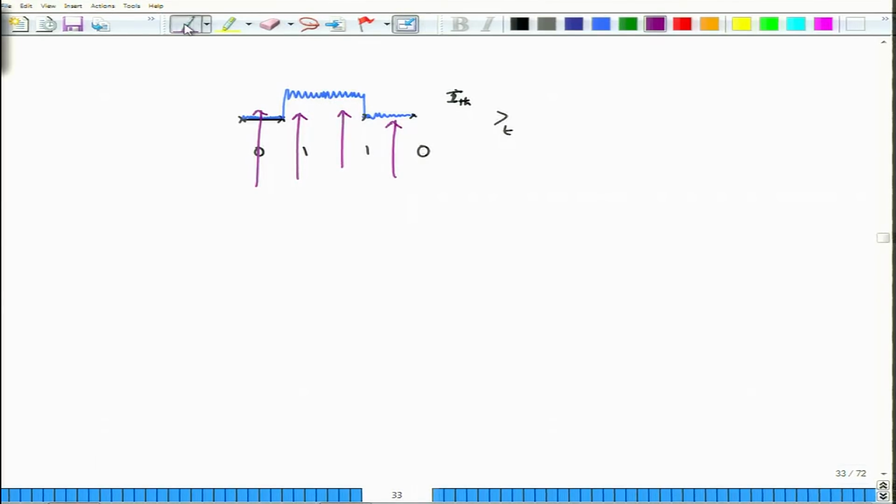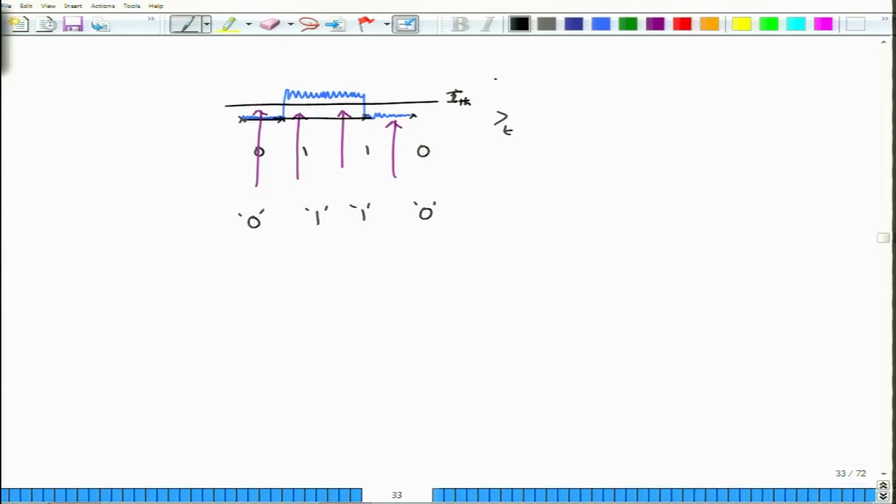What do you get after sampling? This is the I threshold. If you look at the sampled current here, the sample value is quite small compared to the threshold value, so you can assume that the data that was transmitted was bit 0. Here the sample value is above threshold, next time also the sample value is above threshold, and here the sample value is below threshold. Therefore you can put the received symbols as 0, 1, 1, 0, and in this case you managed to detect every bit without any error.